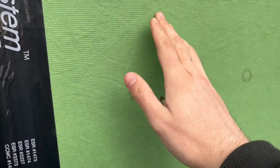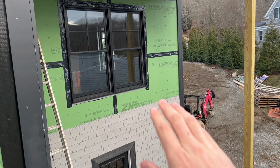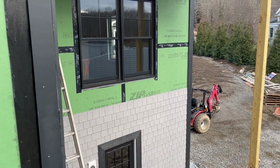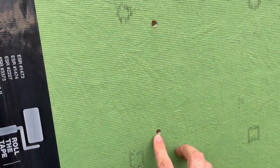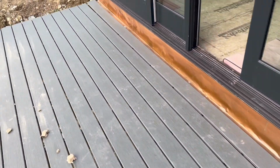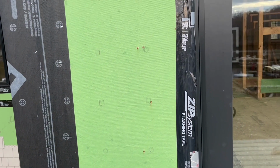Now, another issue with the tape, in my experience, was you are going to be nailing the whole piece of plywood, so say you got a big piece of plywood like this one over here, right? Say you shoot a few nails in and you miss the stud in one spot and you have to pull out all the nails. Then you're left with tiny little pinholes from where you missed that stud. So then you're gonna get leaks through those tiny little holes, and that would mean everywhere you missed a stud, you're gonna have a tiny little pinhole of water coming through,